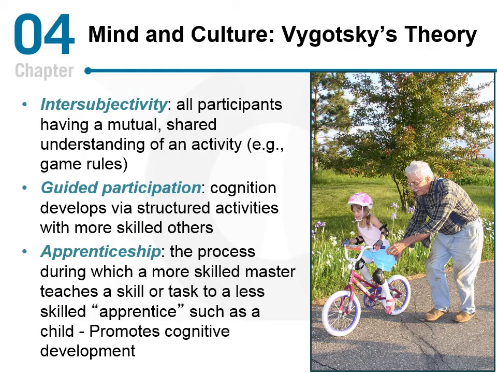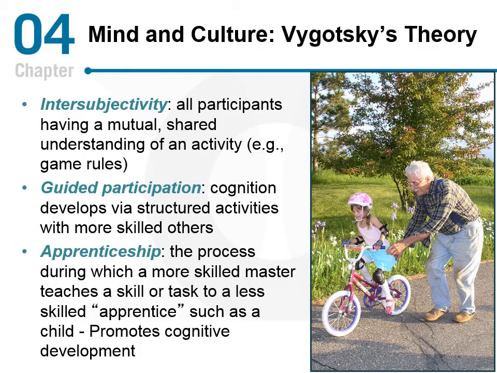And that's where this concept of apprenticeship comes in. Basically, he looks at apprenticeship as a natural element of culture and a natural element for humans. I mean, kids want to be with their parents. They want to be there because they see them as a sort of apprenticeship. He believed that as more skilled people taught that apprenticeship, the child would then develop, and it promotes